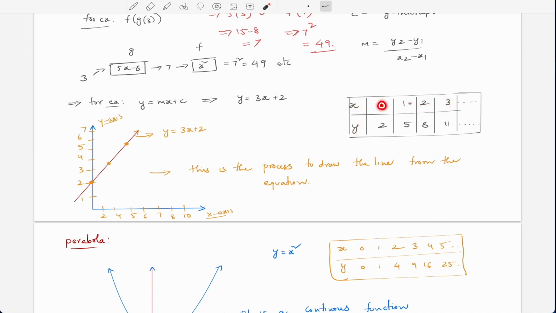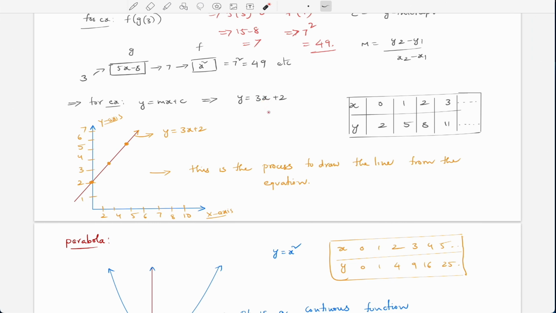Like 0, 1, 2, 3, 4. I didn't want the negative line, so I just simply added the positive values, or you can add other values also. Just as of now, ignore that. You can add -1, -2, etc., as you wish, right? So I just took 3 values, and I simply plug in the x value